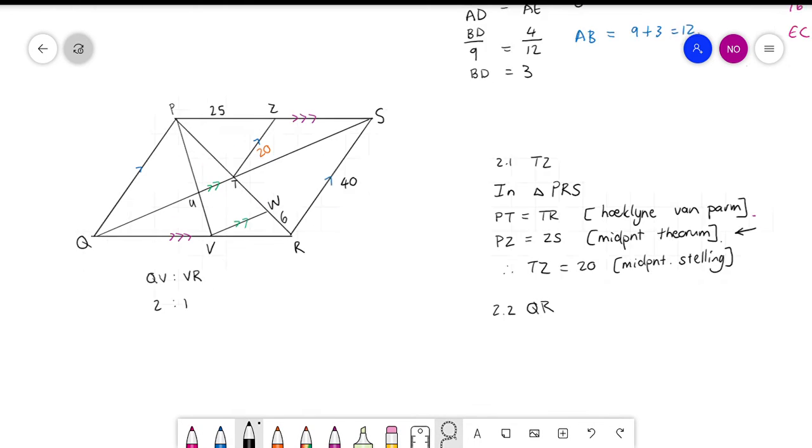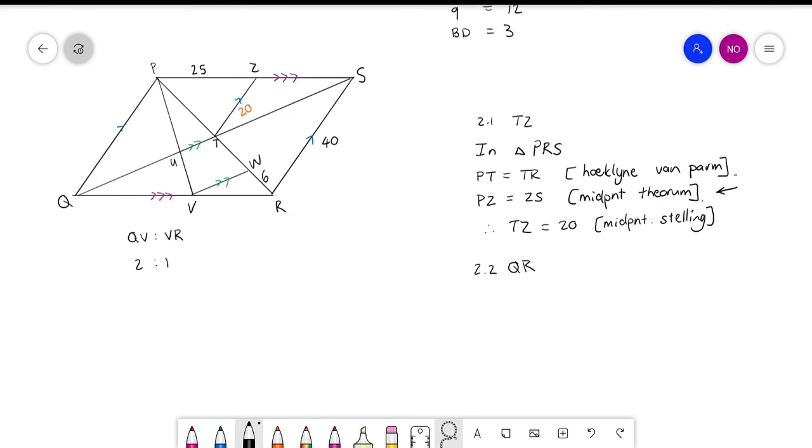So, in that one, I can say that ZS will be equal to PZ, will be equal to 25,